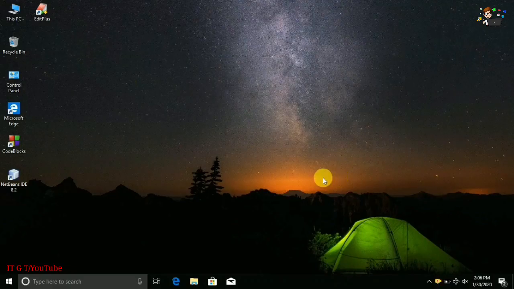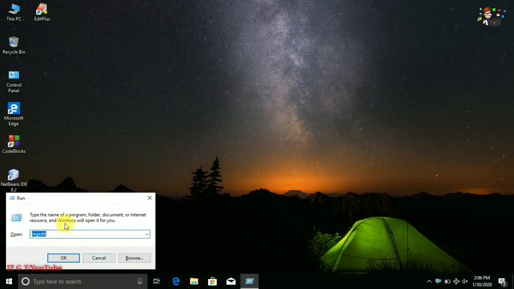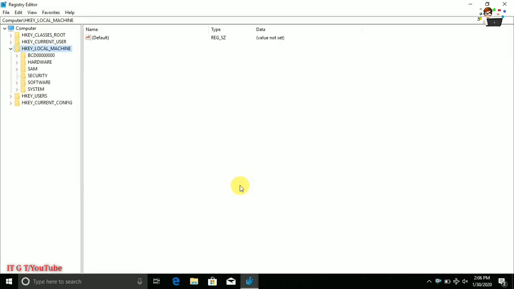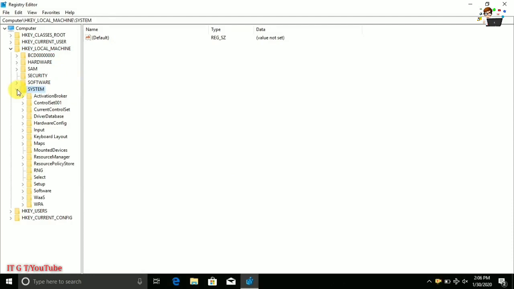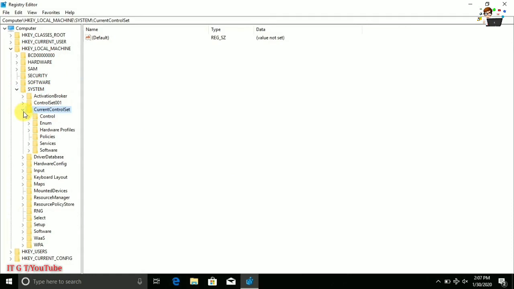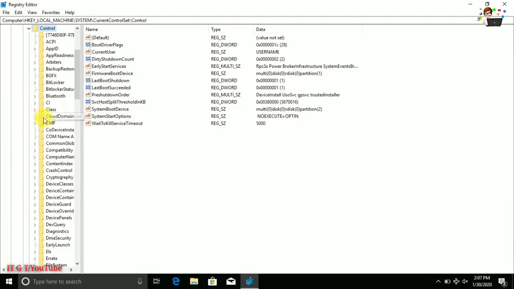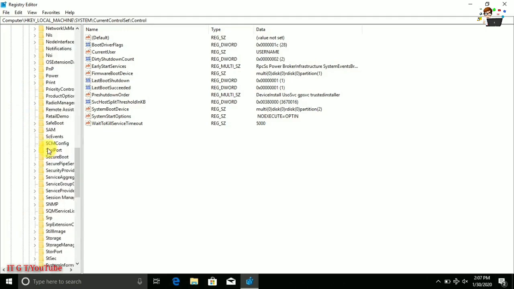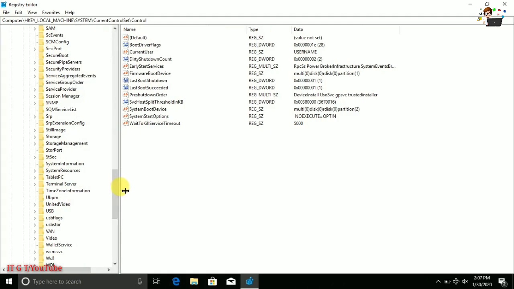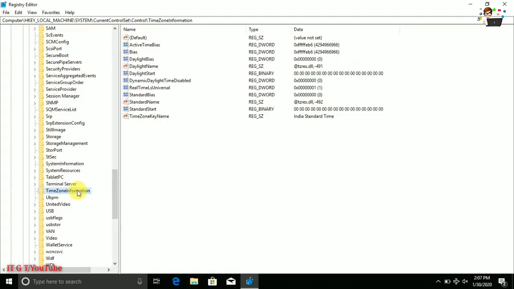So log into Windows and open Registry Editor through Run, then navigate to HKEY_LOCAL_MACHINE and System. Inside System, navigate to CurrentControlSet, then expand it, then click on Control, expand it, and search for TimeZoneInformation. Click on it, and from the right side you can see